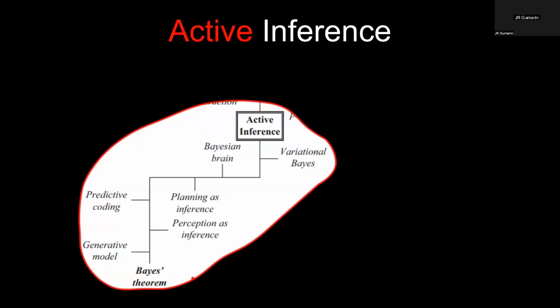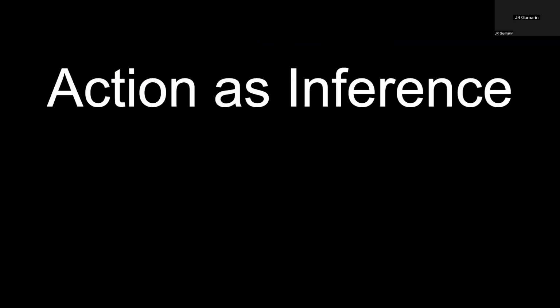So with the low road, we had talked about perception as inference. Now I want to give you a sense for why the active part comes in the name. For anyone who's interested in trying this out with me, I want to invite you to do a little demo and close your eyes for just a second.